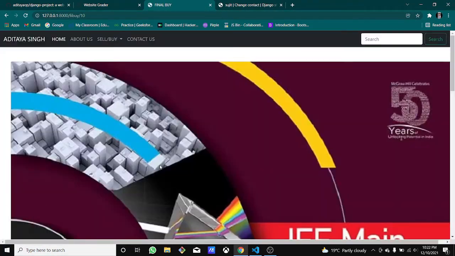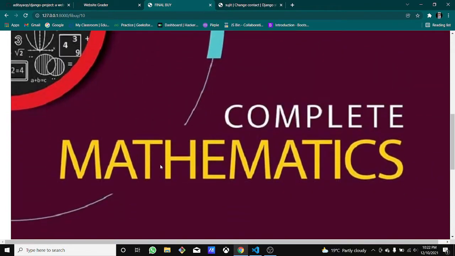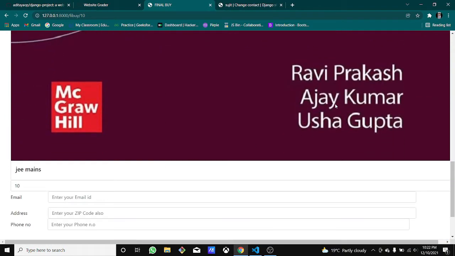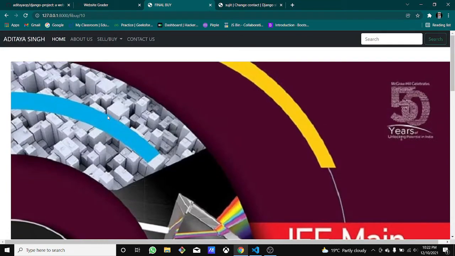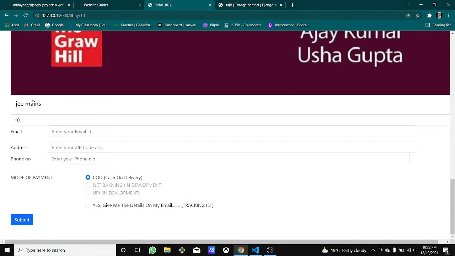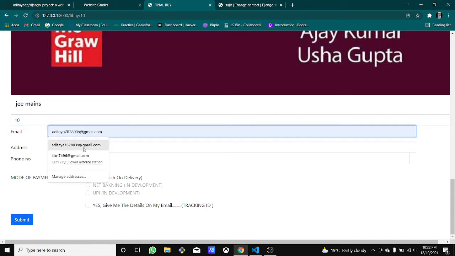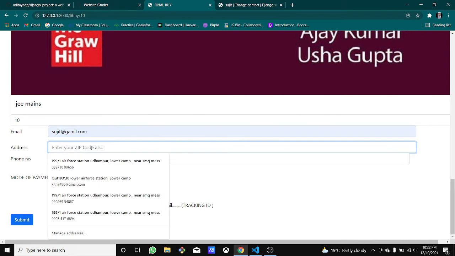Back to how to buy. You can go here, and after going to the buy portion, you can see the whole image of the book, the column, and the product ID. Then your email, let's suppose your email ID is sujit at the rate gmail.com, and address.